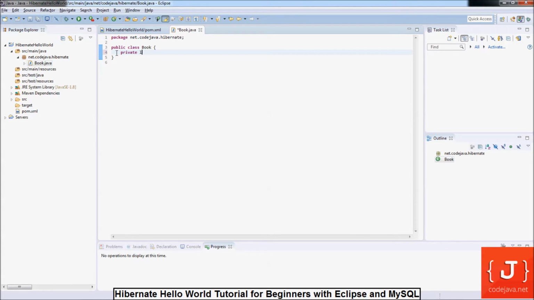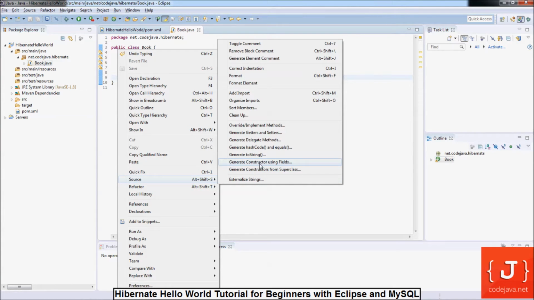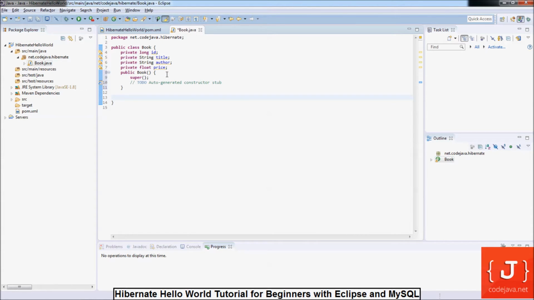The first is ID, the second is title, the third one is author, and the last one is price. Okay, and now I generate constructor. So generate constructor from superclass. This is an empty constructor. Okay,